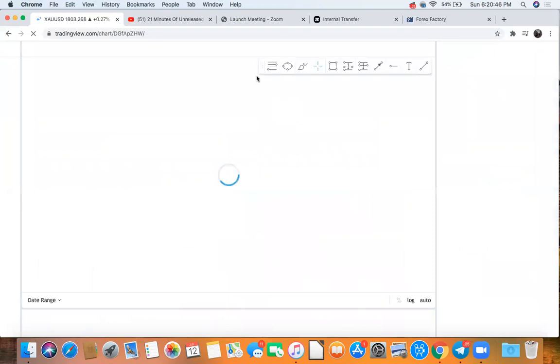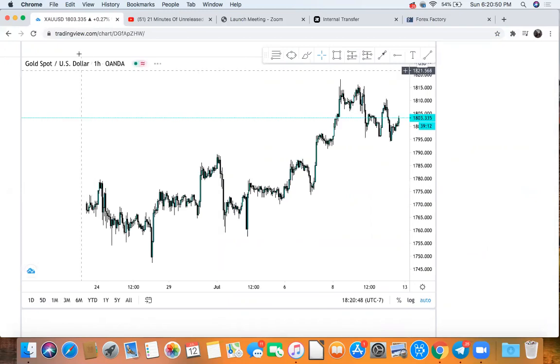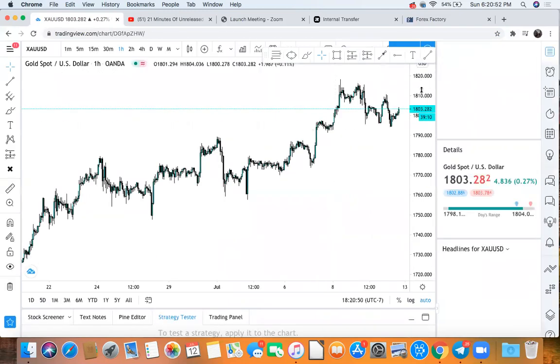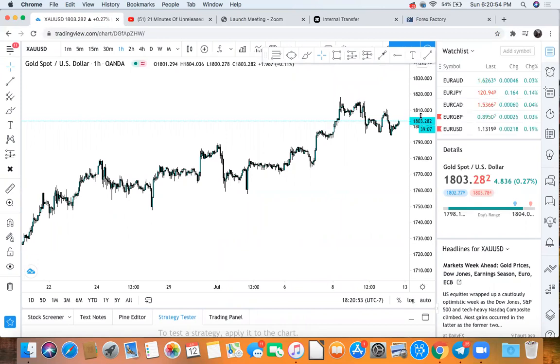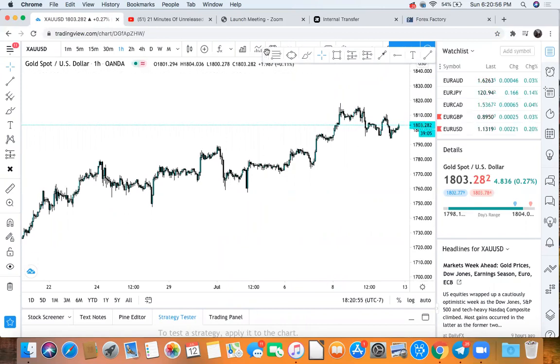After we click on charts, we're going to pop out with just one chart. It could be gold or whatever chart comes out. But you can always add pairs when it comes to TradingView. So if you want to add a pair, say USDJPY, CADJPY, GBPUSD, or other foreign exchange pairs,